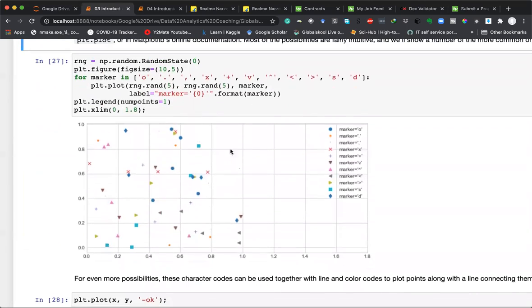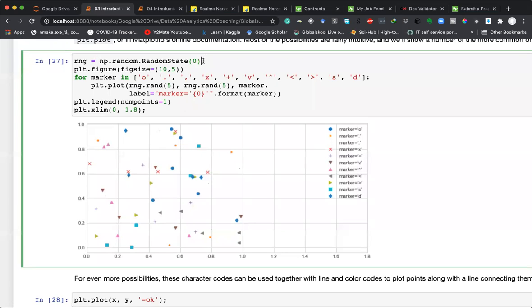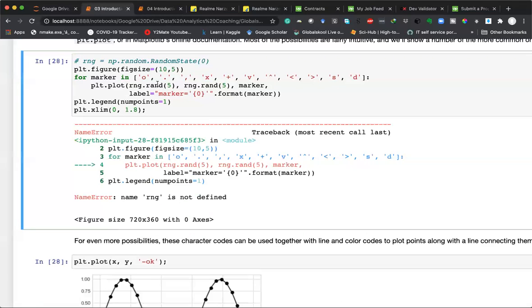Let us see what other markers are there. For making this plot, we are randomly generating some data, and we are assigning some markers in a line to see what the different markers look like. First I am setting the random state to 0. If I don't put this line, let's say I comment it out and run this plot, every time I should see